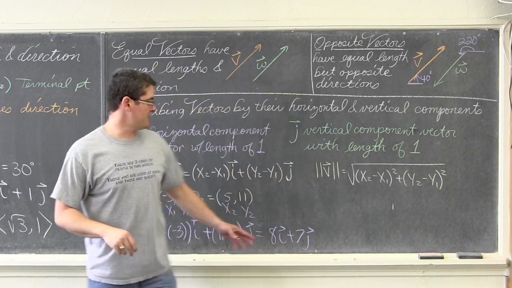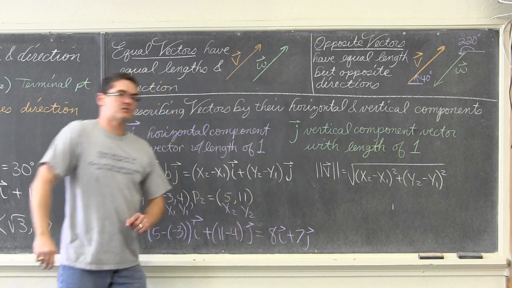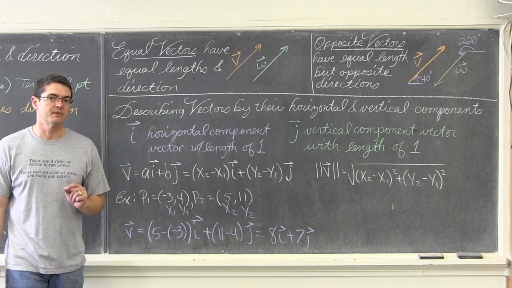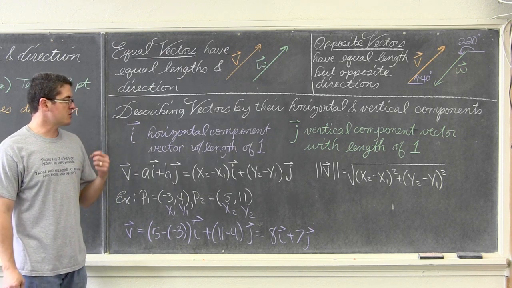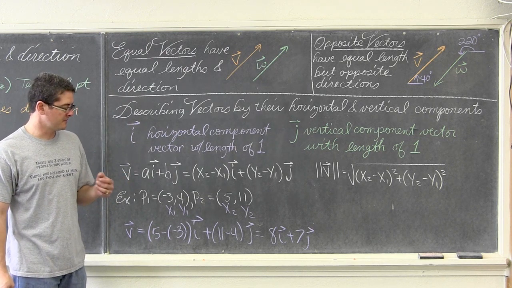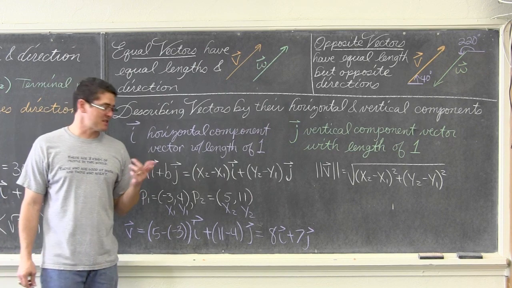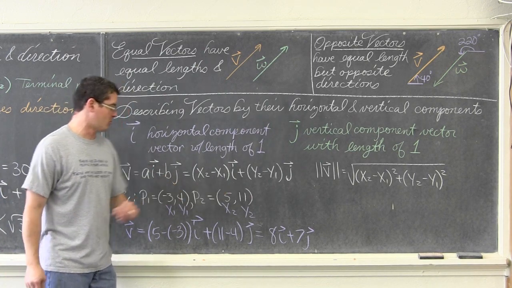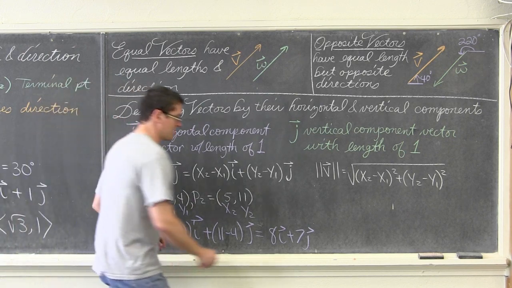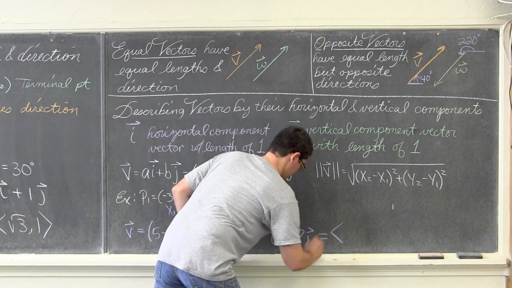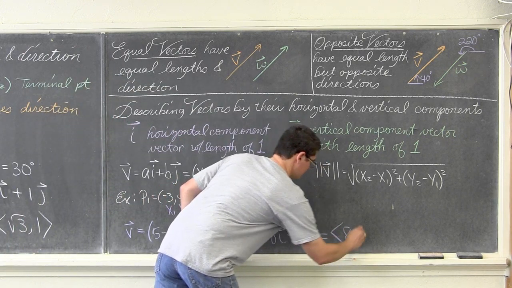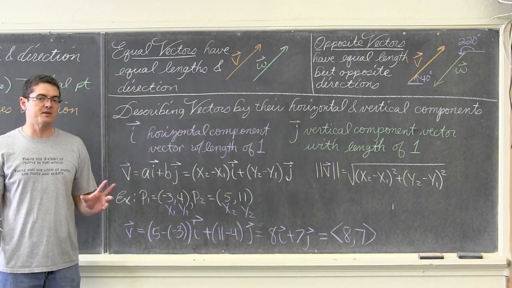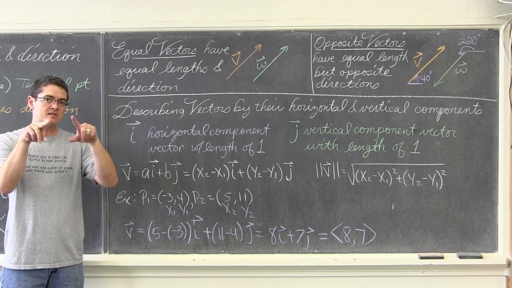Now, this is pretty much how my book sticks with the vector notation, and it really sticks to that i and j notation. My older textbook, my trigonometry book that I used to teach out of, was a lot nicer to simply say that given this initial point and this terminal point, this vector is going to be labeled 8, 7. Now that looks like I'm naming a coordinate, but you'll notice that the parentheses are actually pointy parentheses.